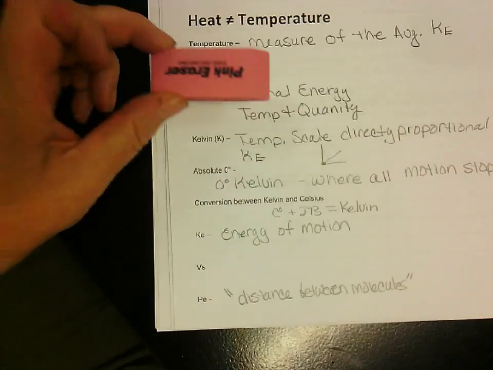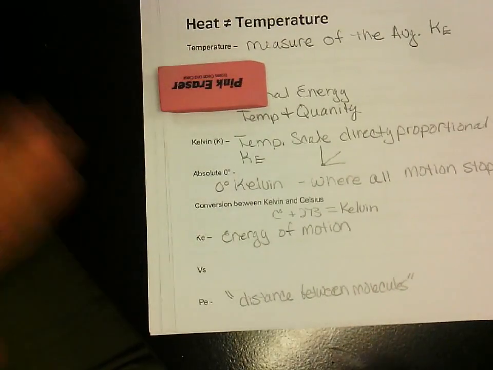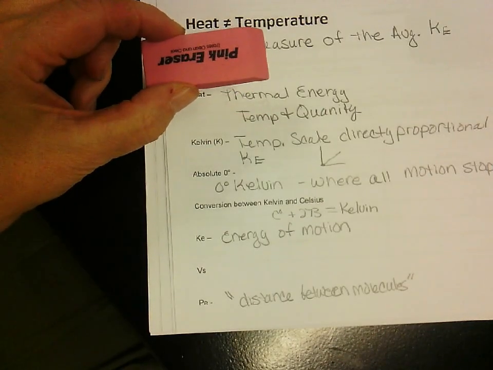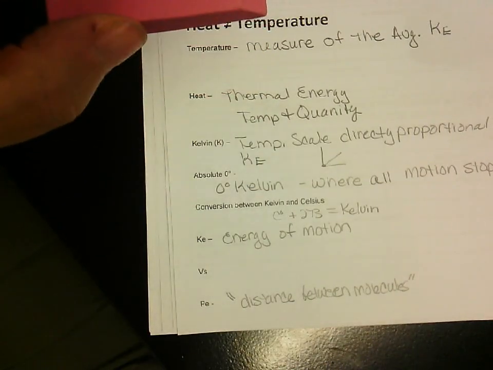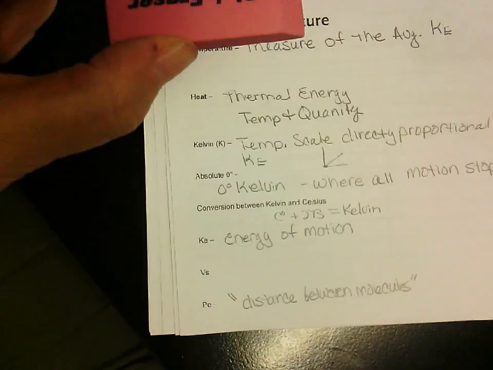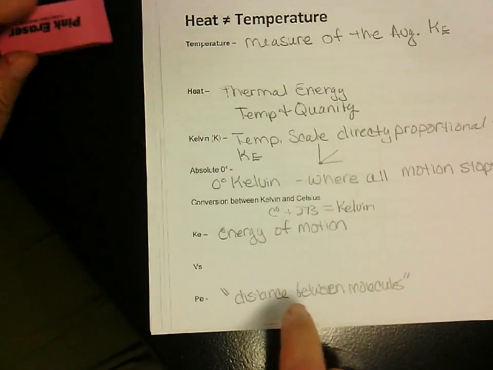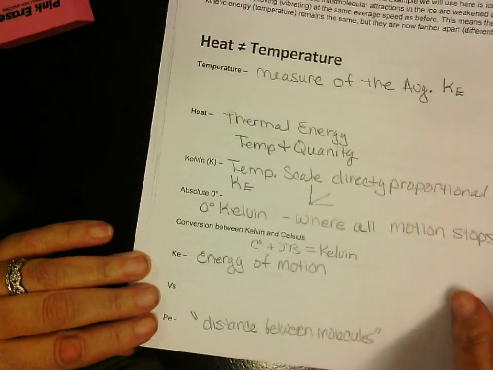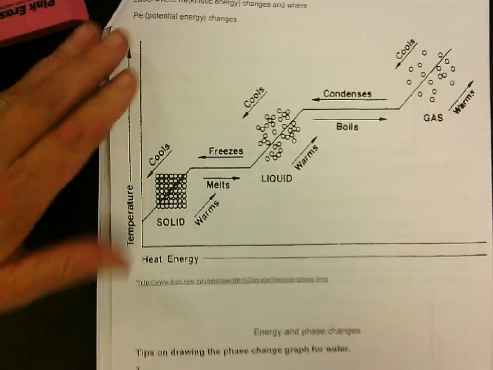For instance, I have this pink eraser right here, flat on the table. It's got no potential energy. If I hold it up a little bit, it has some potential energy, because if I release it, it'll turn into kinetic energy and it'll fall. And the higher it is, the bigger the distance, the more potential energy that I will have. So for chemistry right now in this unit, I want you to think about it as the distance between the molecules, okay? Which leads us to our